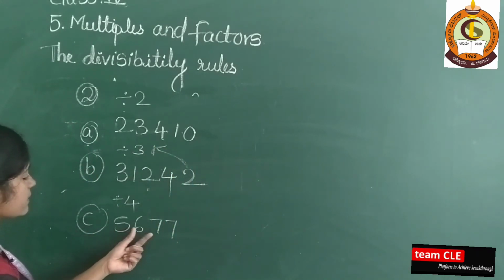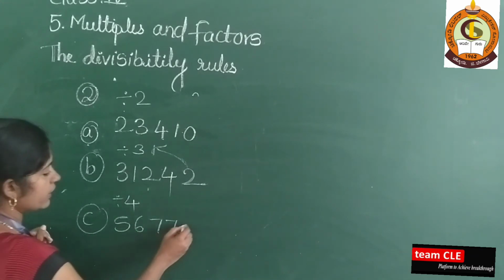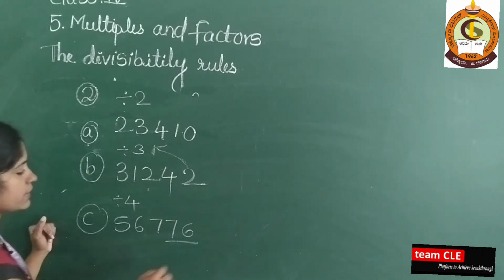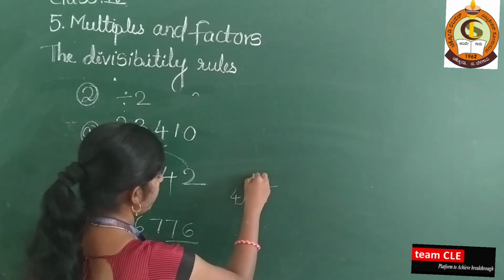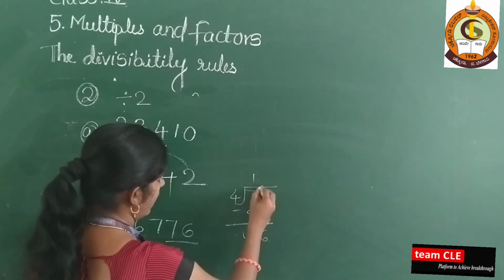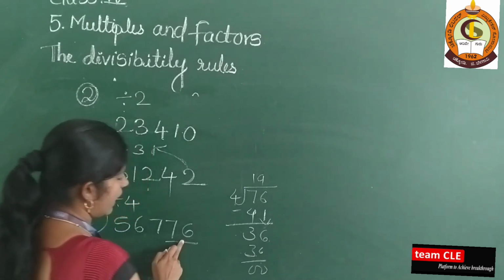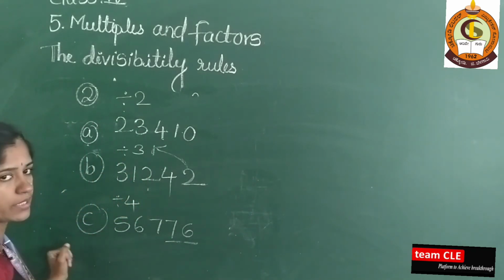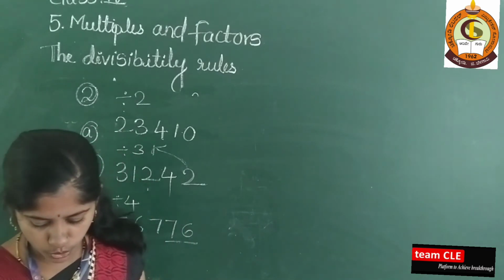Okay. Next here 5, 6, 7, 7 is there. So which number do I have to take here? I have to take 6. So this 76 is divisible by 4. Because see here, divide this number 76. 4 ones are 4, 7 minus 4 is 3, again I take 6, and 4 nines are 36, 0, 0. So I added 6 here. If I add 6, then the complete number is divisible by 4. You have a few more examples there, do them properly.